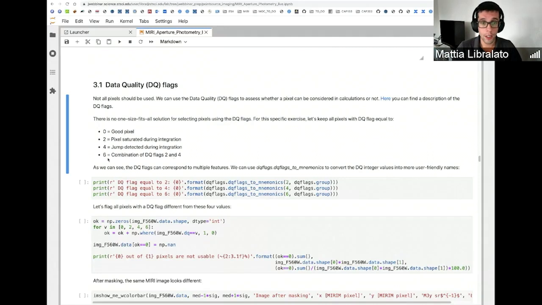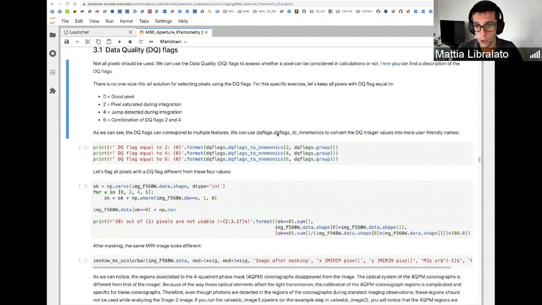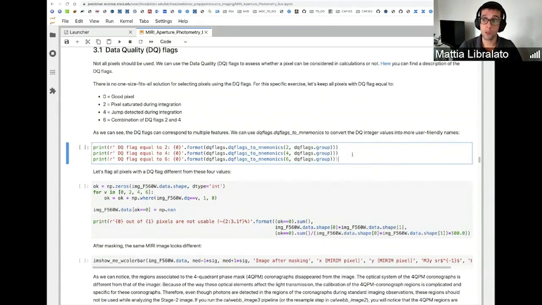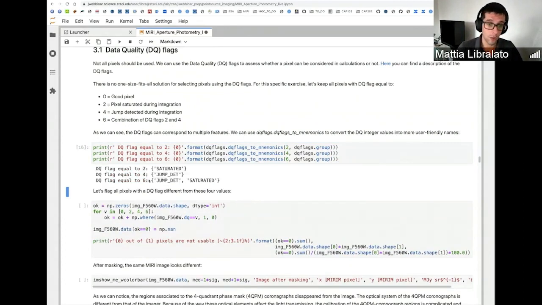As you can see, these are integer values, and you can also have combinations of them. So it might be a bit problematic to remember all the meanings of these DQ flags, but you can use this function called DQ flags to mnemonics that converts these values into more user-friendly names. So for example, if you run this cell, you see that 2, 4, 6 are flagged as saturated, jump detected,